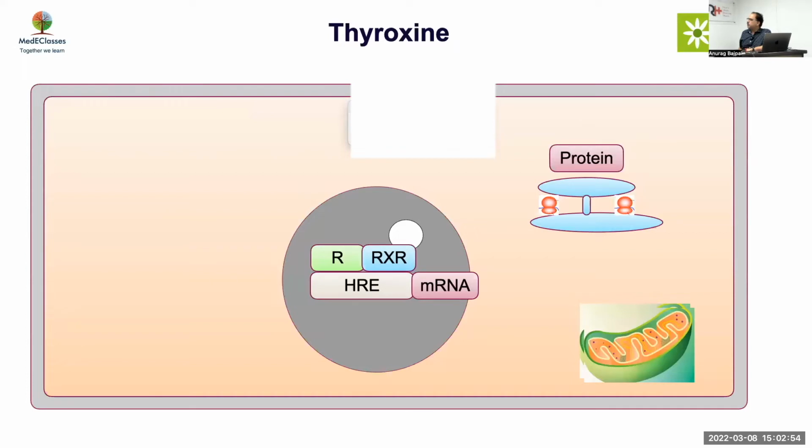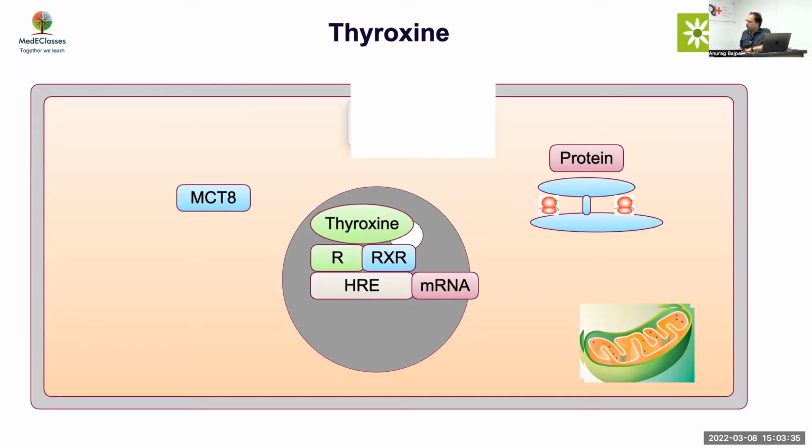So normally what we see is that thyroxine, as we discussed, is not going to cross the cell membrane. It requires a specific transporter like MCT8. There are other transporters. We discussed 3 specific transporters, MCT8, MCT10, and the organic anion-based transporter. They are important, but MCT8 is the most important. This will act like a chaperone and take the thyroxine inside. Now, once thyroxine reaches there, it will bind to the receptor, and this receptor will, as you were discussing, dimerize, or it may monomerize, also rarely can join the specific elements, but it will dimerize to be more active